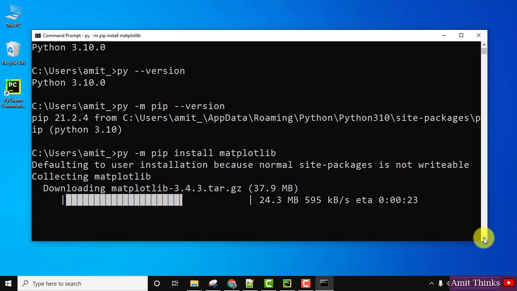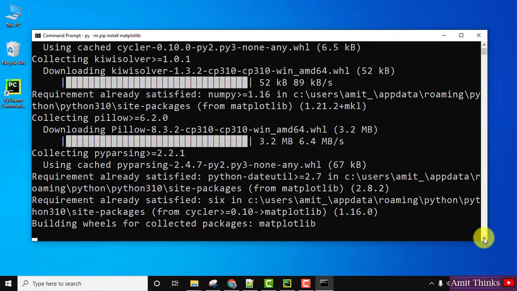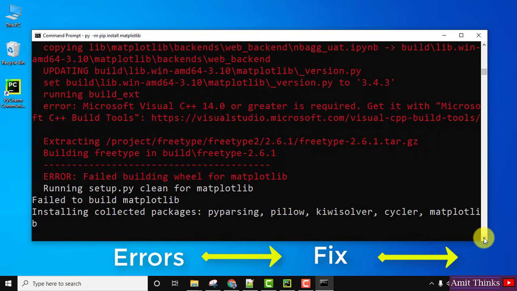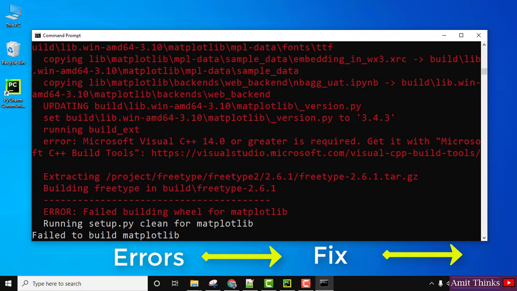It will install it after this. So here you can see guys, the build failed for Matplotlib. Now guys, what we can do, I'll just close this and we will look for a new fix.